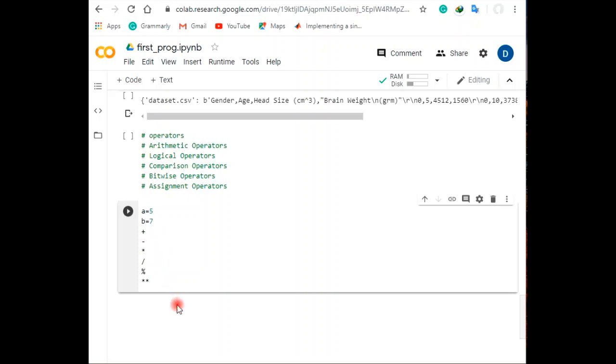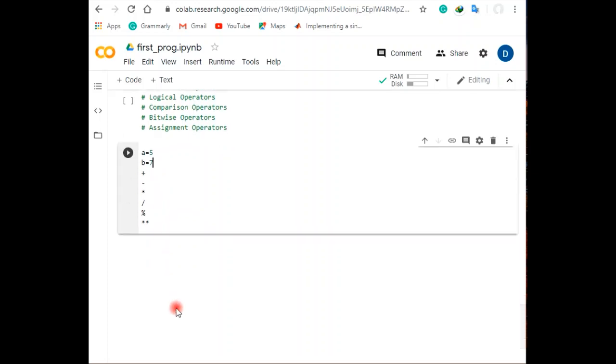Right now, if I just run this, it will show an error, so I am putting all this in a hash so that it won't affect. It will become a comment, otherwise it will show an error.